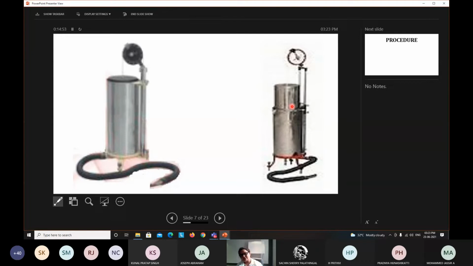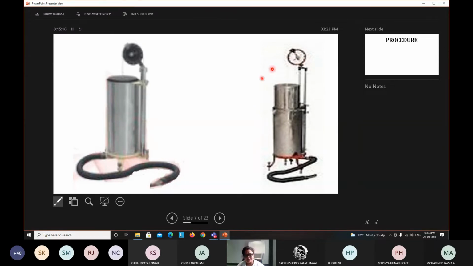Whenever air is pushed inside, it moves up, the top of which is connected with the chain which runs over the pulley. So whenever the bell is moving, the chain is moving and the pulley moves. When the pulley moves, the needle also moves along with it. Right? So this is how it works.